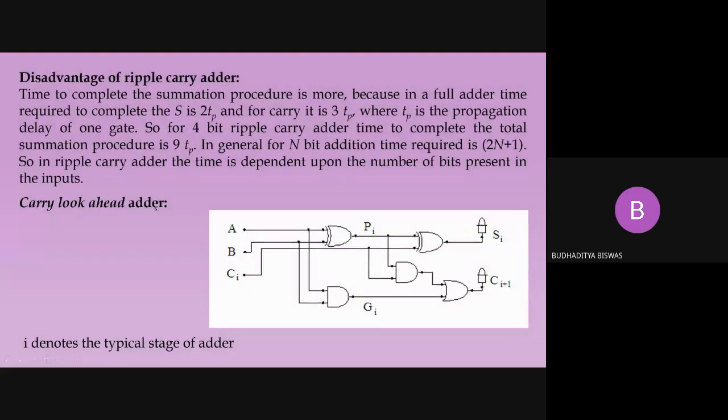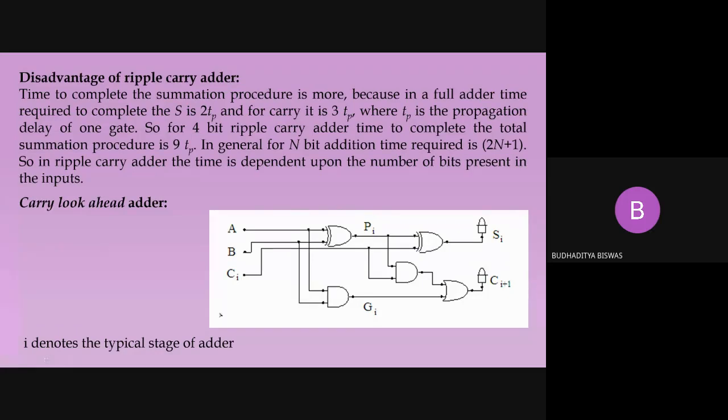So today we start the carry look ahead adder. Now this is the circuit for the full adder using the two half adders. This is one half adder, this is one half adder, and this is another half adder. And the carry generated from the two half adders are added together to generate the final carry. So that's why this is actually the circuit for the full adder using two half adders.